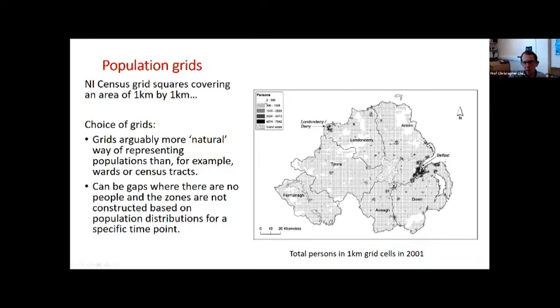So we've got the lowest populations, and this is an artifact. There could be a grid cell with one person in it in theory. It's just that given the thresholding, the minimum figure that you actually get is a 3. So we get a minimum of 3, a maximum of 7,942 people in 2001. So this is literally a measure of population density because every single geographical area is the same. It's 1 kilometre by 1 kilometre.